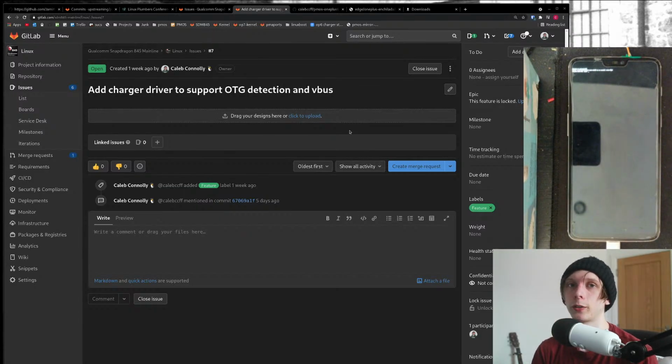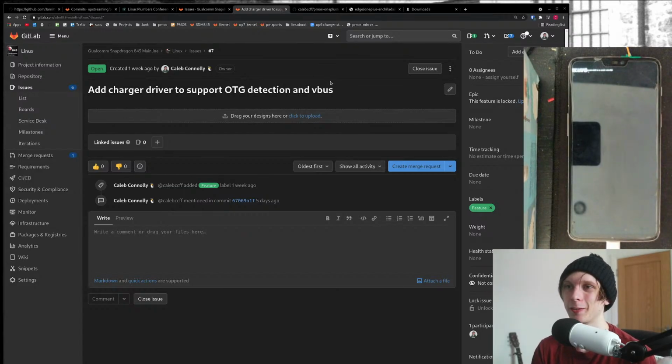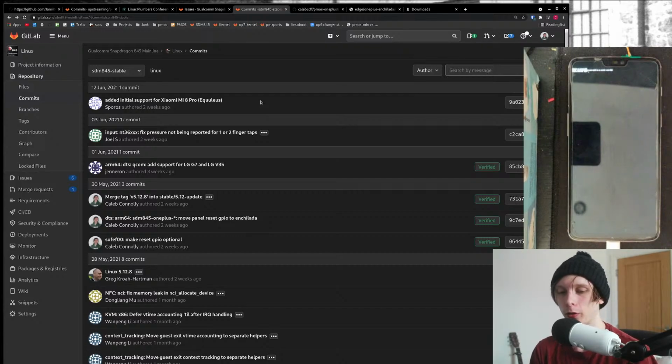So we need to write a driver for the charger circuitry, so that it can detect whether we should be in host or gadget mode, as well as turn on VBus, and do the charging rates and stuff for USB power. Currently, the way that the battery works is quite janky in mainline, unfortunately. And yeah, so that's something else we want to work on. Then of course the headphone jack. We also need to look at